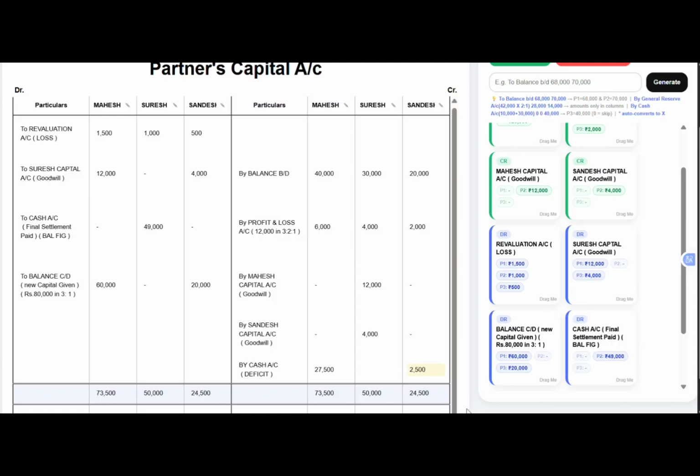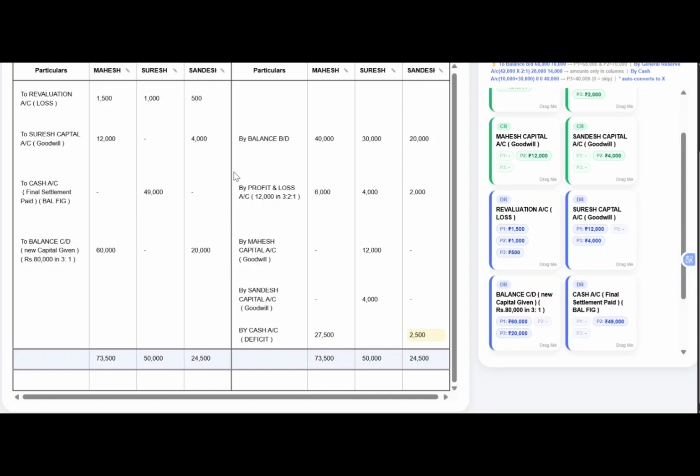So this is the deficit amount which has been adjusted in cash by the continuing partners according to the new capital given in the question. So therefore, now let us just bring down the new capital. Here the new capital will remain as it is, which is given in the question, in the adjustment. So two balance carry down, 60,000 will be the new capital and 20,000 will be the new capital, which we are going to bring down here on the